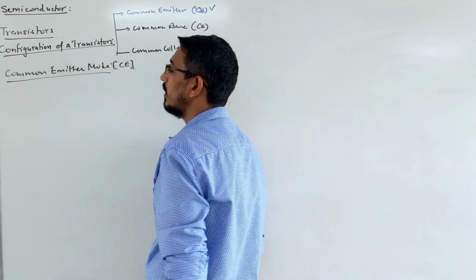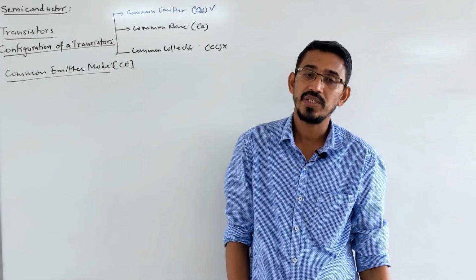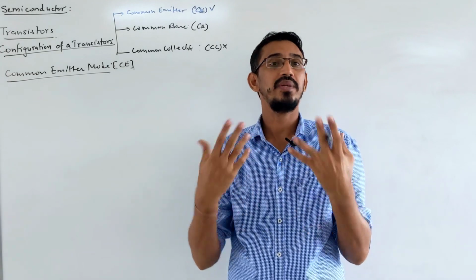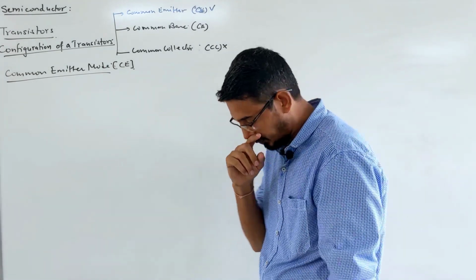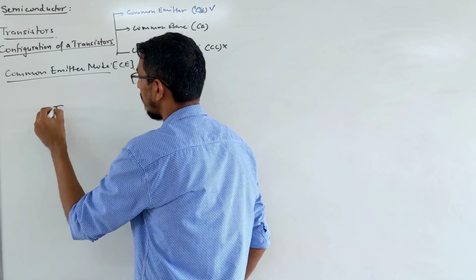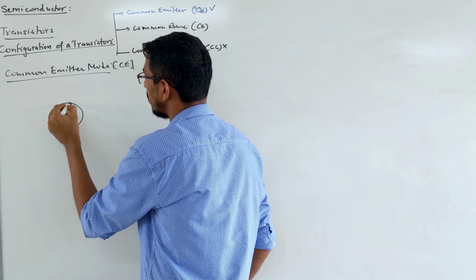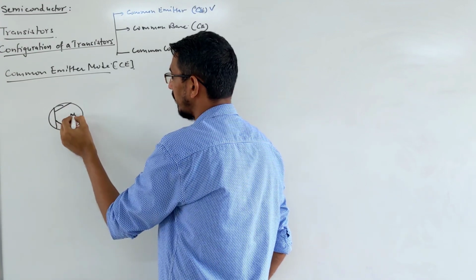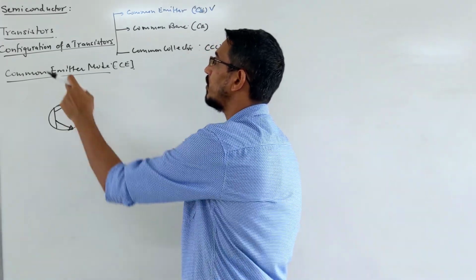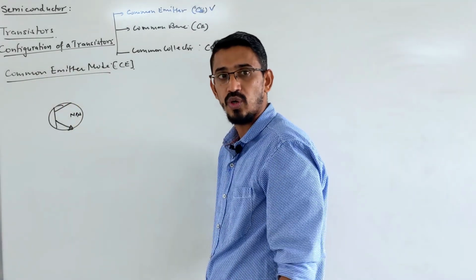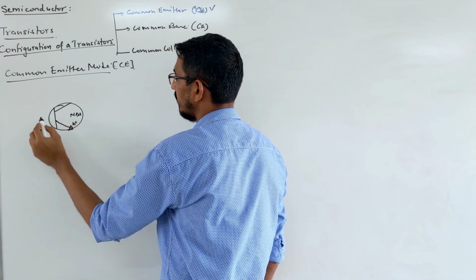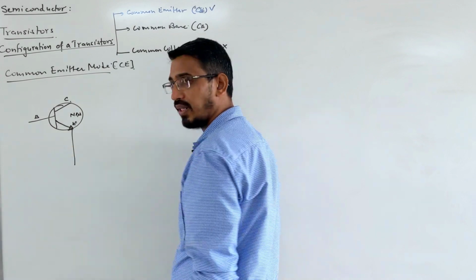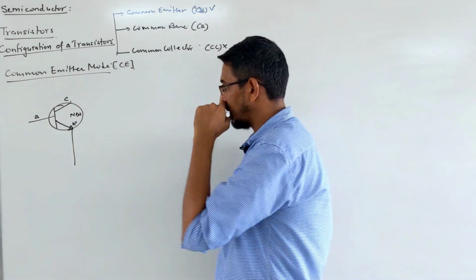You can take any type of transistor, NPN or PNP, and you want to make it in common emitter mode. Then how does it look? So let's do it. We take one transistor, which could be NPN or PNP depending. I'm taking an NPN transistor. I want to make it common emitter, so the emitter should be common. This is your emitter, that's your base, and that's your collector. This I want to make common. Yes, you can make it common. So actually what we have is this.